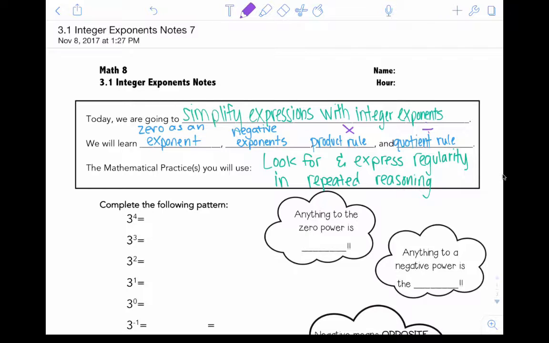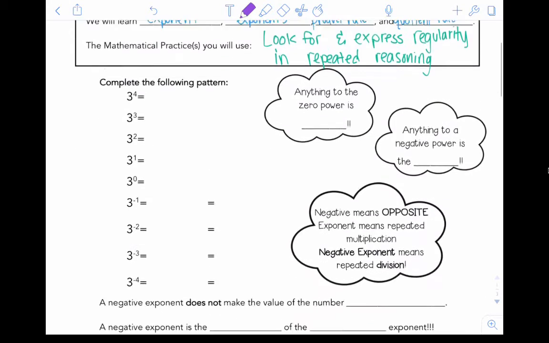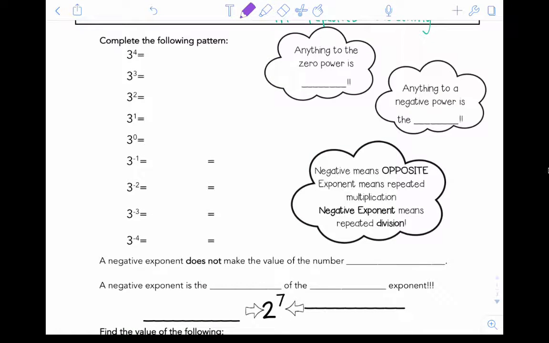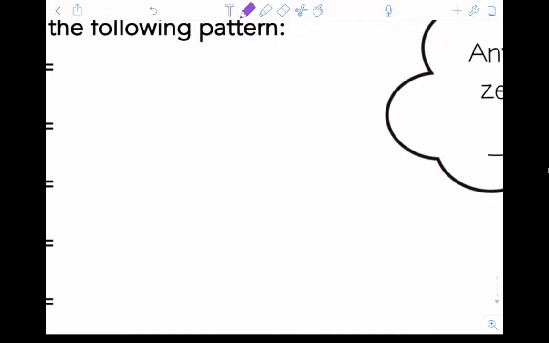When we do this, we're going to look for and express regularity in repeated reasoning. That's talking about patterns, and we're going to use a lot of patterns in this section to figure out what's really going on. So we're actually going to start off with a pattern, but before we do that, I have just a little bit of story to tell you. I need a little space here to draw. So back when I was in college,